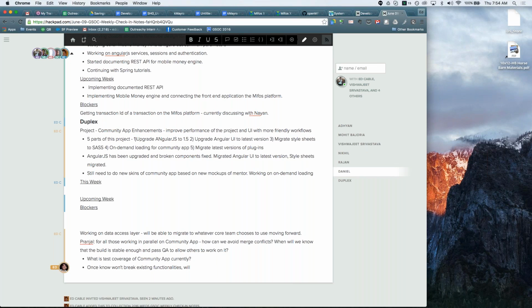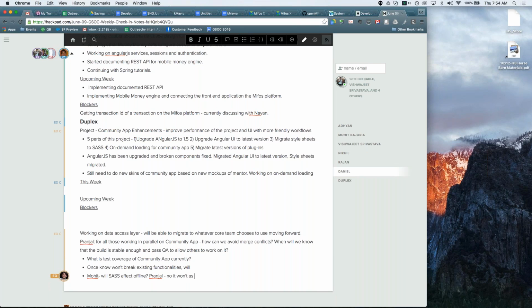Will it affect any more features, do you think? No. What we will be changing essentially is the styling. The number of files or the names of the files won't be changing. So, in my experience, your code won't have to change much. Will it be like a layer on the community app?